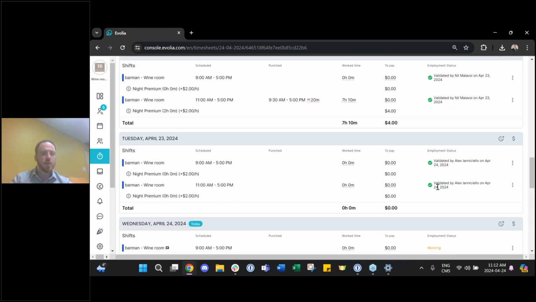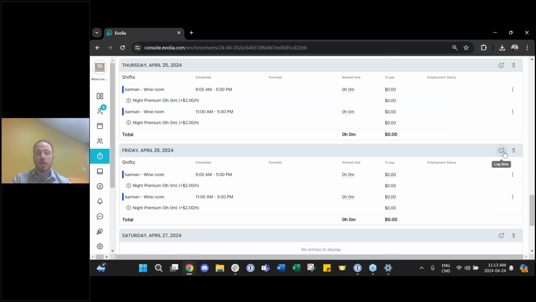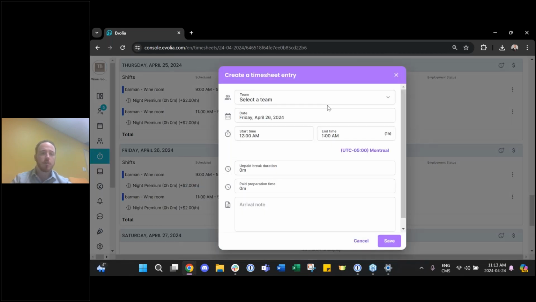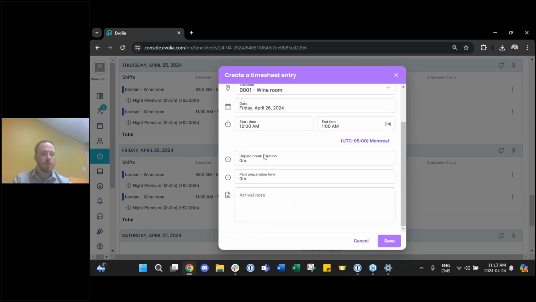Now, additionally, through the timesheet, we could also add time. So for a given day, any day, we simply log a time, do a time entry like we would regularly. So I could go ahead and select the team, the position, the location in question, the start time and end time, and the date applicable, with or without the breaks. And then I could also add in a note for